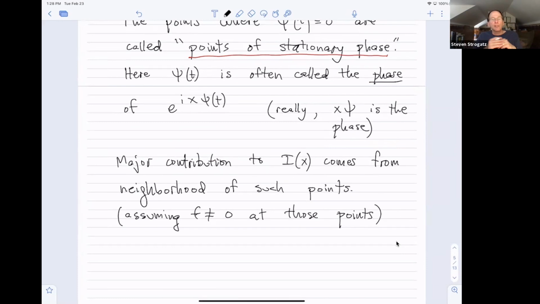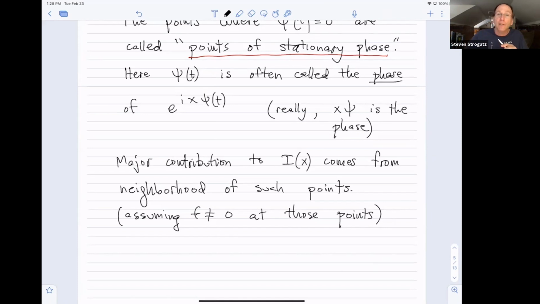I mean, that would be a real coincidence if simultaneously the phase was stationary, meaning it had 0 derivative there, and simultaneously the modulation function f also happened to be 0 there. That would be two things being 0 independently, simultaneously. That doesn't tend to happen. It could happen, and we'll discuss what goes on in that case towards the end of the lecture, but typically it will not happen. So in a minute, I'll explain why the major contribution comes from the points of stationary phase,